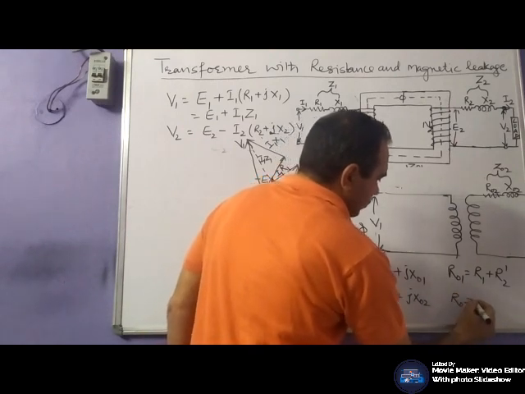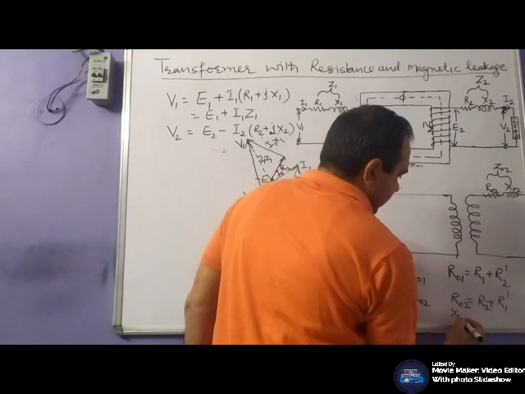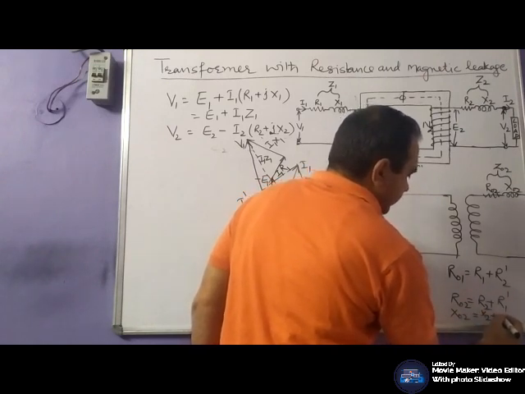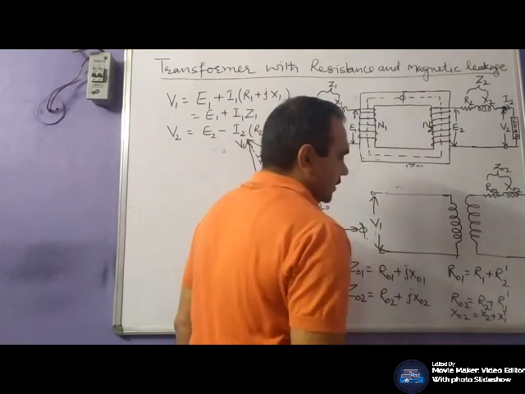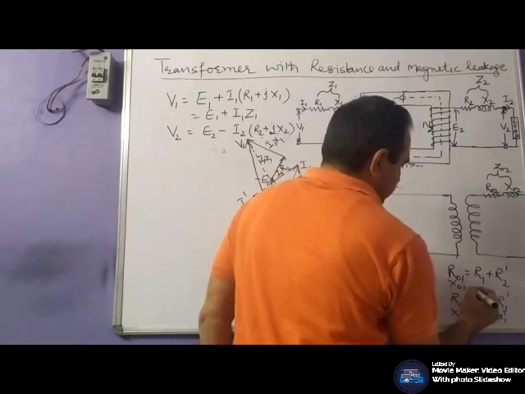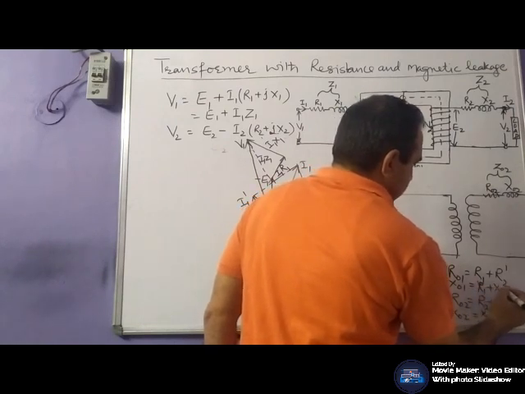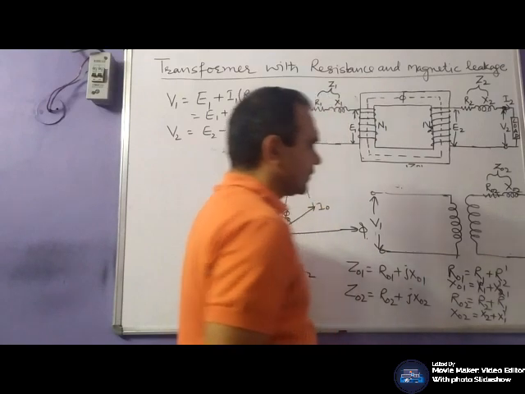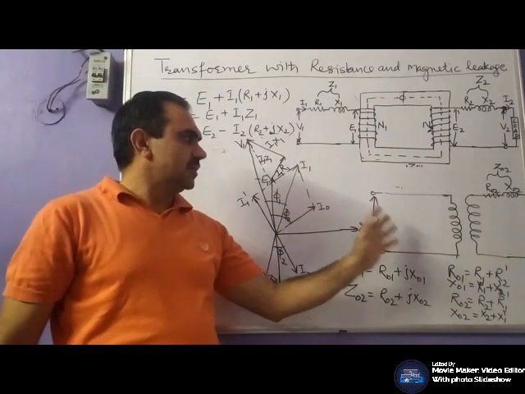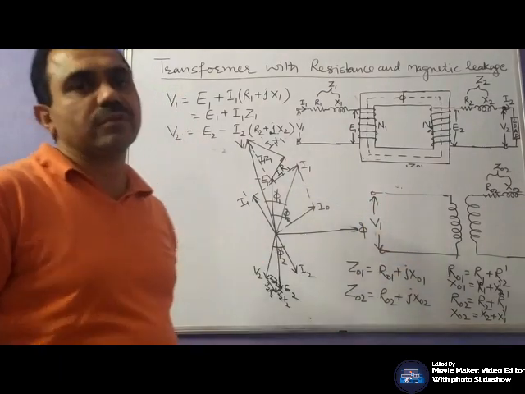Likewise, R02 is R2 plus R1 dash, X02 is X2 plus X1 dash. Likewise, X01 is X1 plus X2 dash. So we can transfer the parameters and we can find out the equivalent impedance of the transformer or equivalent